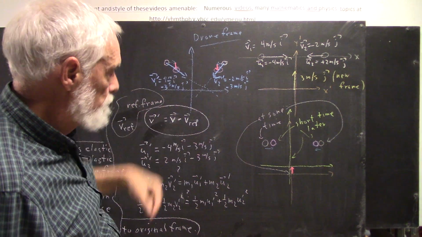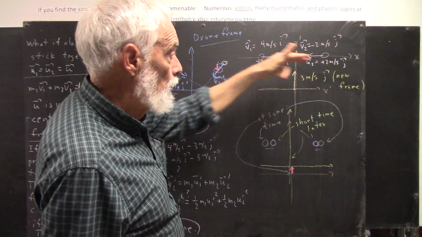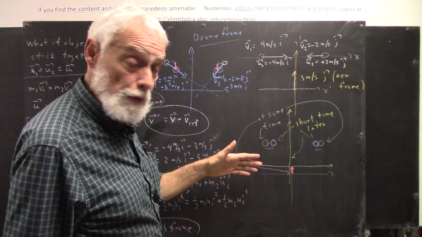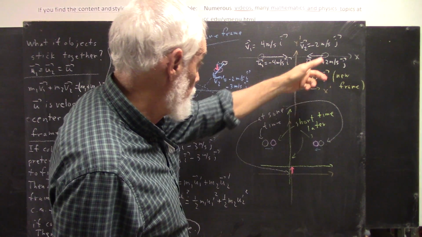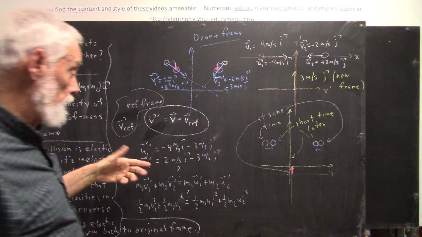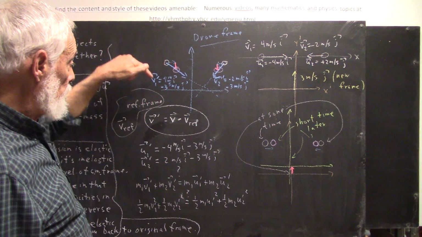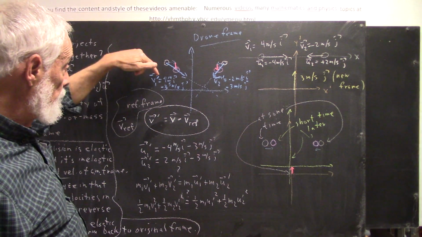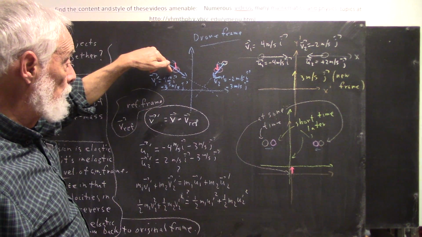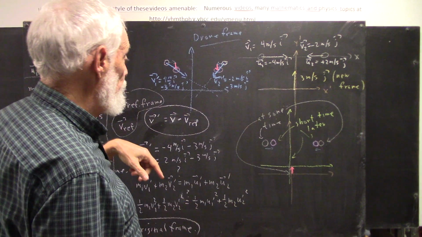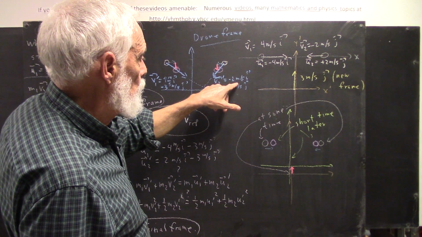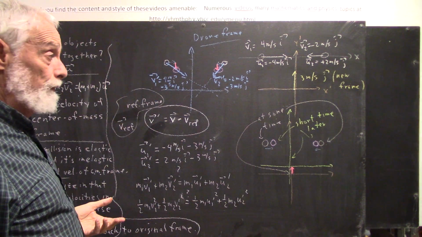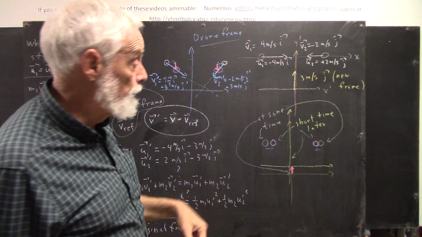Now, on a simple level, these objects are both moving in the x direction, and the reference frame is not moving in the x direction. So the x components of the velocity in this frame will be the same as the x components of the velocity in the drone frame. So that v1 prime, the prime meaning velocity in that new reference frame, is still going to have component 4 meters per second times i, the same as what it had. And this is going to have negative 2 meters per second times i x component. They'll each have a y component though. Now neither one of them has any velocity in the y direction,